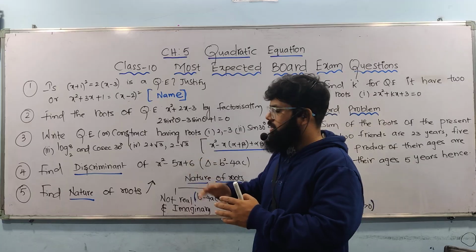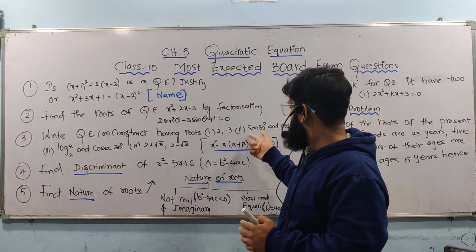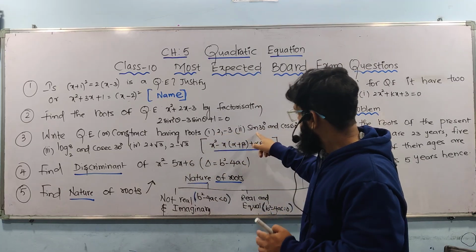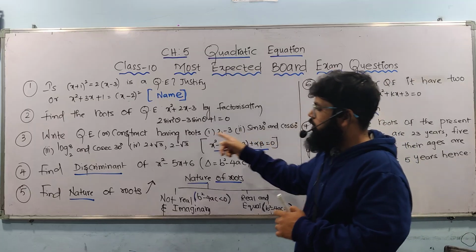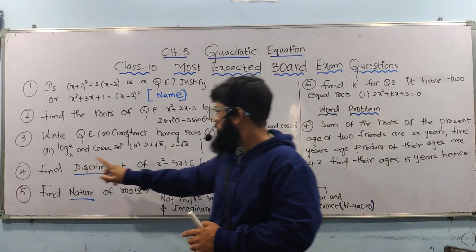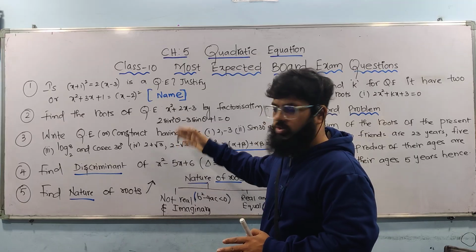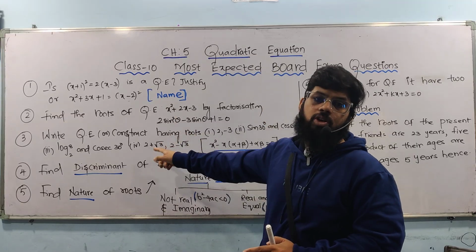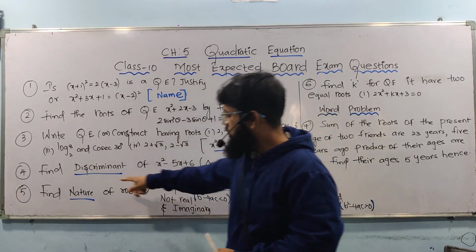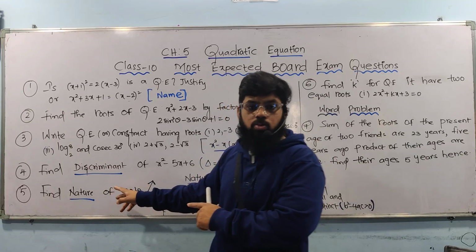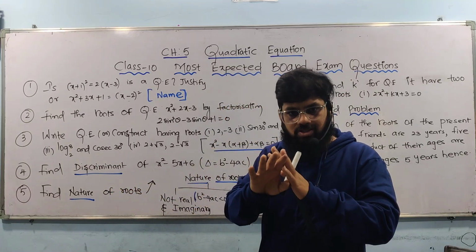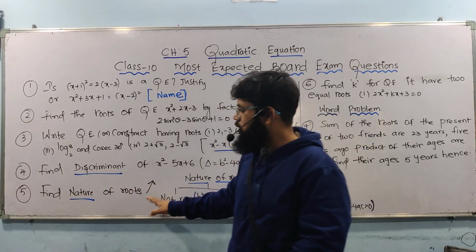So this type of difficulty level, instead of numbers they are giving in trigonometric ratio form, sometimes in logarithm form, sometimes in root form. So you should be ready with that. Practice these questions very well. Most expected questions from chapter number 5. And this one also, either for 2 marks or else in part B it is compulsory. There is no doubt at all.